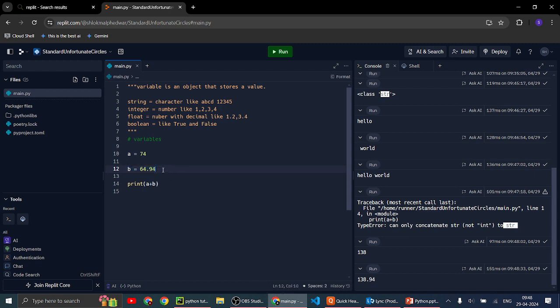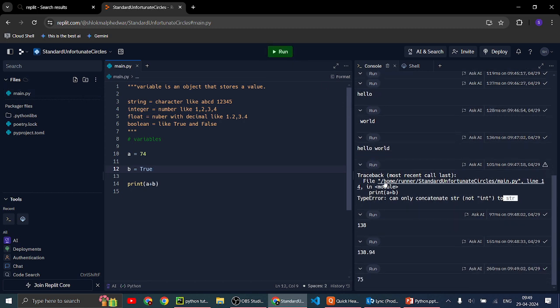But what if we add boolean to integer? Obviously, it will not throw an error because, if you know binary, in binary, true means one, and false means zero.